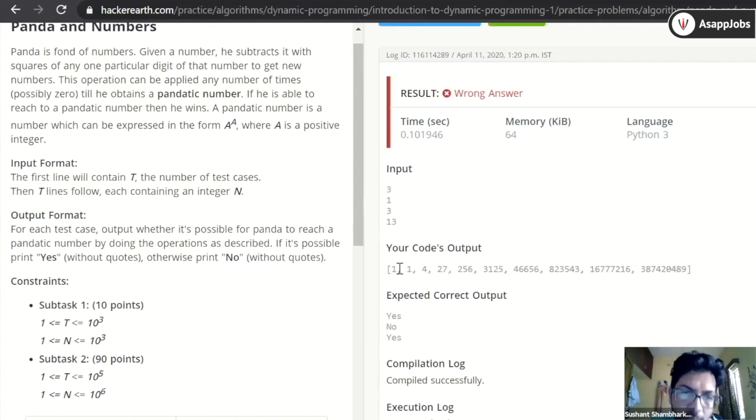It also calculated for 0. 0 raised to power 0 is 1 here. Yeah, so there is 1 raised to power 1, 2 raised to power 2 is 4, 3 raised to power 3 is 27, 4 raised to power 4, this number is there, 5 raised to power 5, 6 raised to power 6, 7 raised to power 7, and I guess this is the limit, and you won't get any number bigger than this because the limit is 10 raised to power 6. So these last two numbers won't be used, but let's keep them in this list.